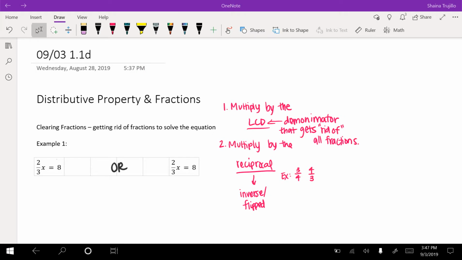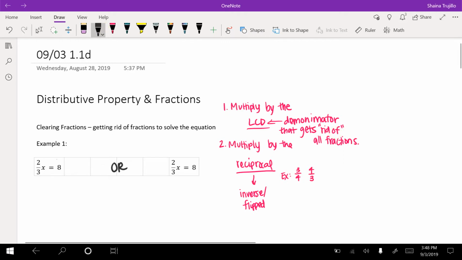Okay, so today in class we talked about the distributive property and fractions. And we talked about this term clearing fractions, or getting rid of fractions, to be able to solve the equation more easily. There are two ways that we can clear fractions. Way number one is to multiply by the least common denominator, or the denominator that gets rid of all the